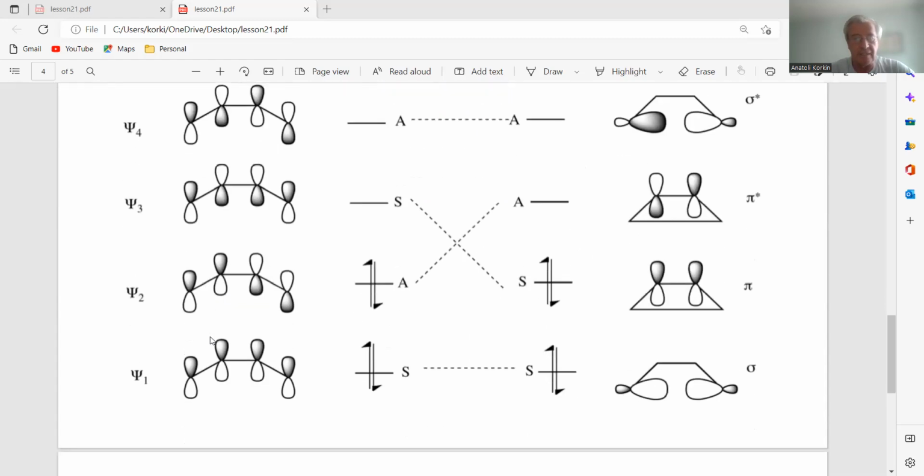While in the case of Butadiene, the lowest occupied, the most symmetrical orbital is symmetric to reflection in the plane. The second one, which is the highest occupied orbital, is anti-symmetric. And the next one, the first non-occupied, is symmetric to our reflection in the plane, and the next one is anti-symmetric. So in this case, we connect the lowest orbitals from the Butadiene system to the pi bond in the cycle, but